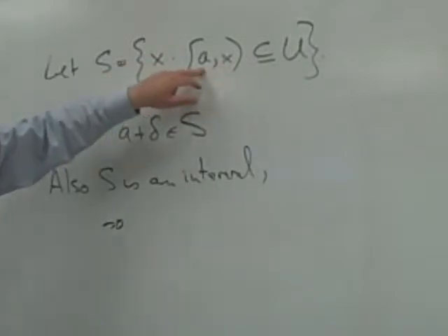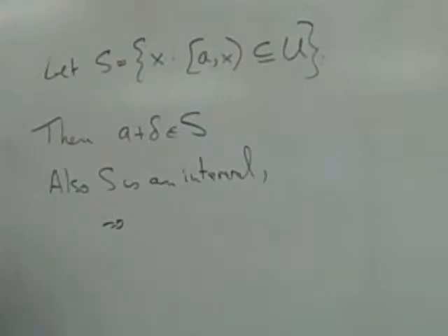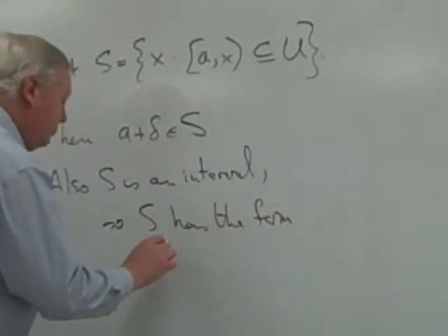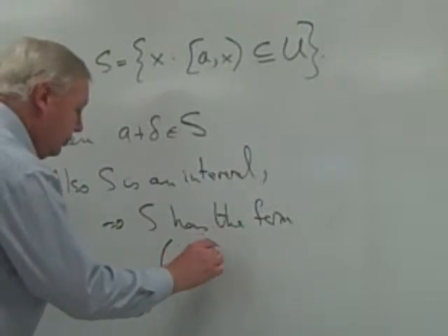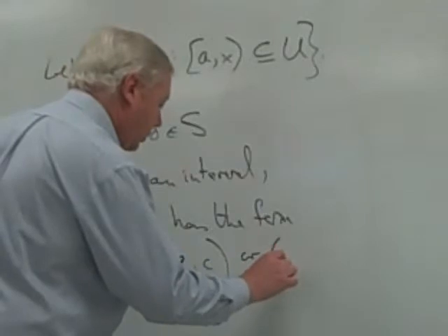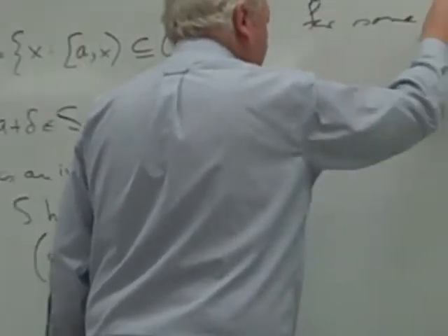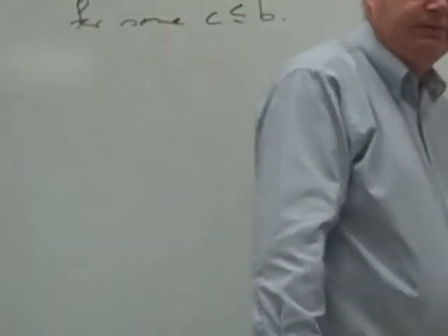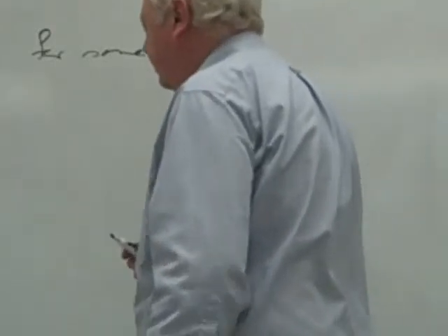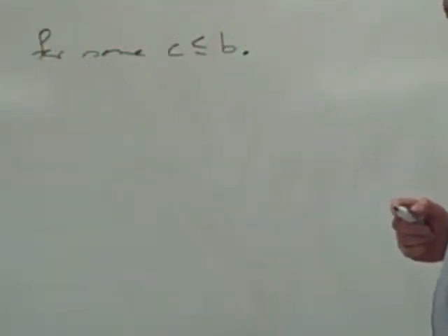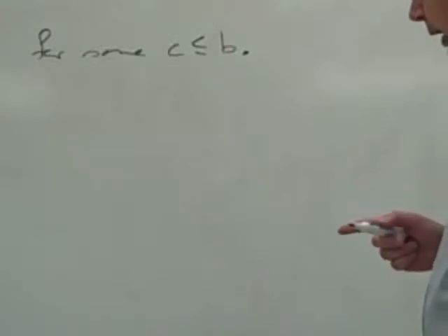Now we're looking at numbers that are bigger than A, and consequently S has the form open interval A to C, or the half-open interval A to C, for some C below B. Now let's look at that point C. I'm going to claim